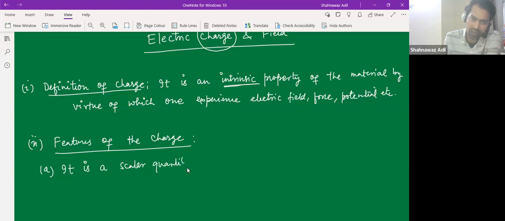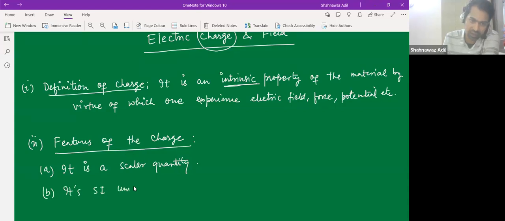And scalar quantity, you already know, right? So scalar quantity is what? It doesn't depend upon the direction. It doesn't contain the direction. So you don't assign any direction to a scalar quantity, which requires only the magnitude, right? Charge is just like that. We only require the magnitude to tell the charge of an object or a material, and its SI unit is